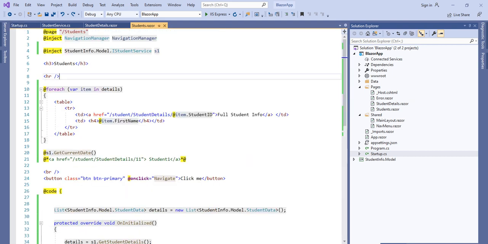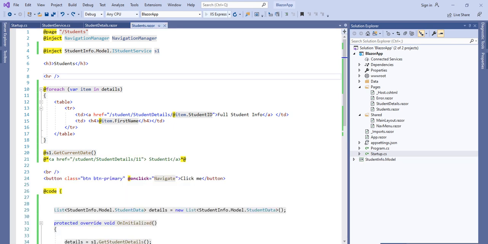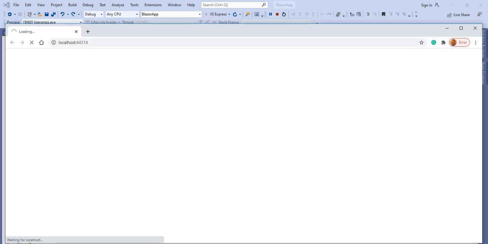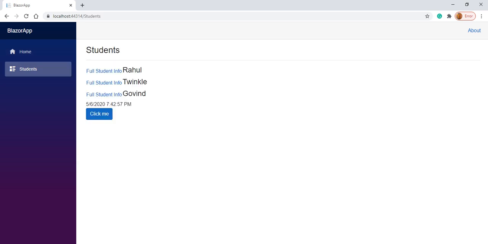So let's run this application now, and we'll see that in the browser it should work as it was working before. We should see on the student page the student information, and when we click on that link, it should show the full information of that student. When we have come to this student, we can see the current time, it's 7:42:57.